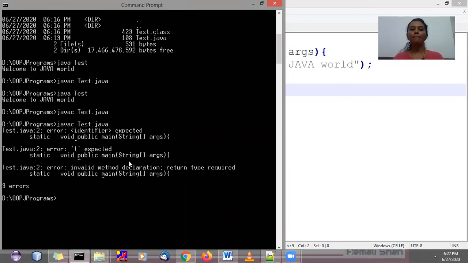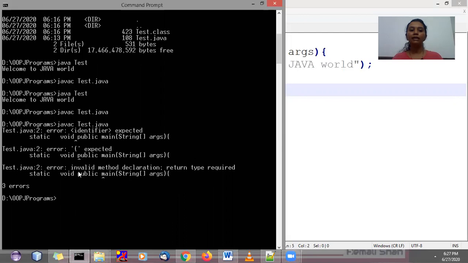You will get the compile time error because you have used the keyword void, then public. If you are using void then static, then also you will get the same compile time error because the syntax is incorrect. Whenever you are using the return type, you have to use the function name after the return type.